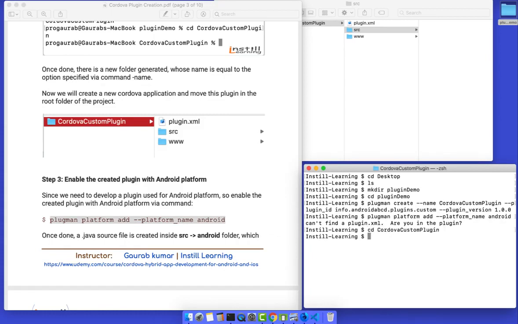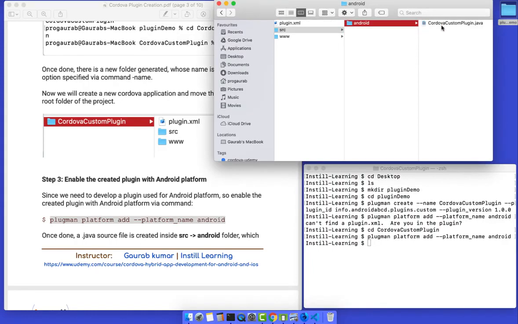Now we are in that plugin and we can add the platform, plugman platform add android. So we have added it. Here you can see a new android folder is generated, and also one file is generated, CordovaCustomPlugin.java.